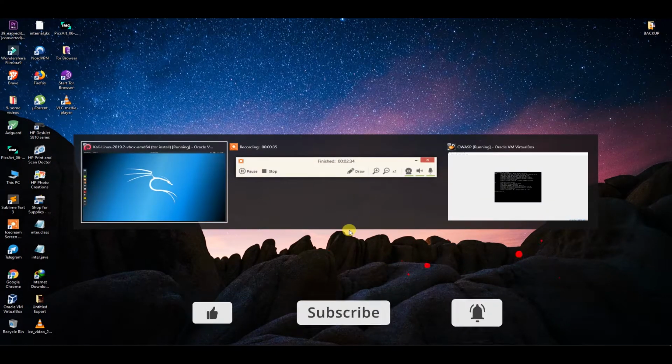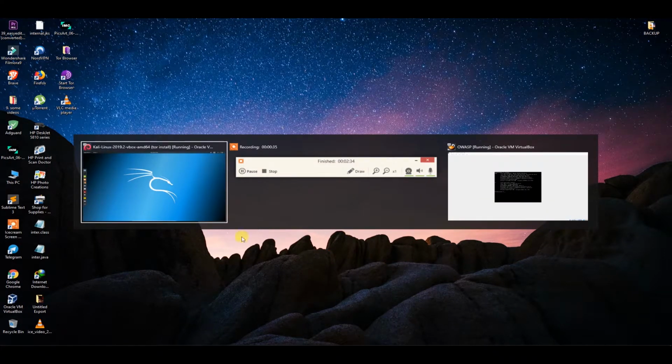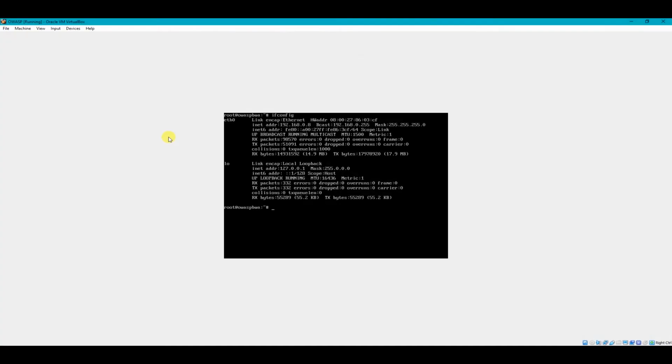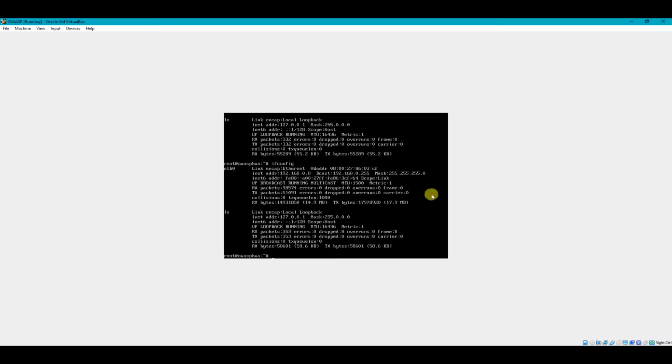So first of all, let me introduce my two OS. There is a hacking OS which is Kali Linux, and this is my web server, which you can call a system. So typical system, as you can see. So here, let me type ifconfig. Here you can see its IP address is